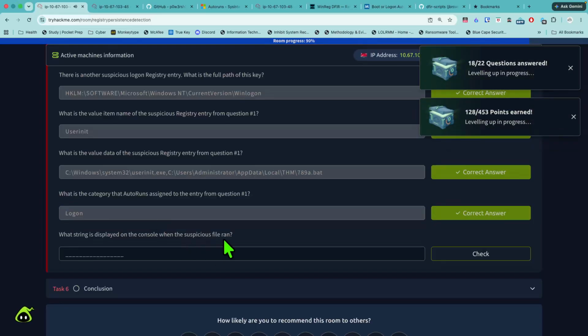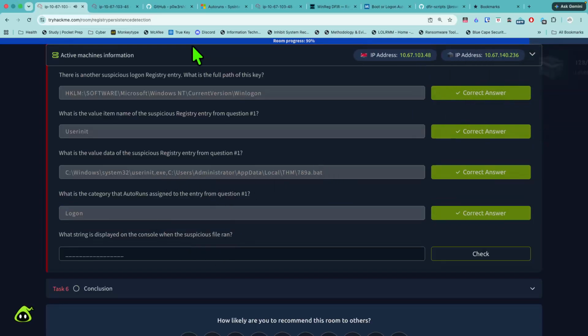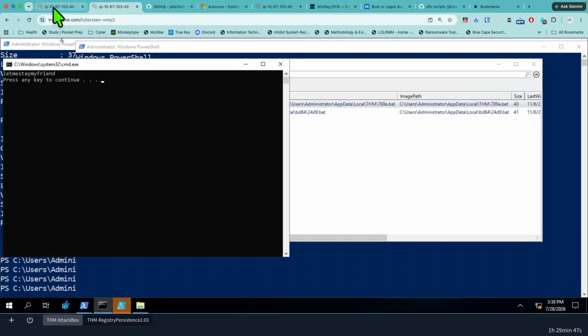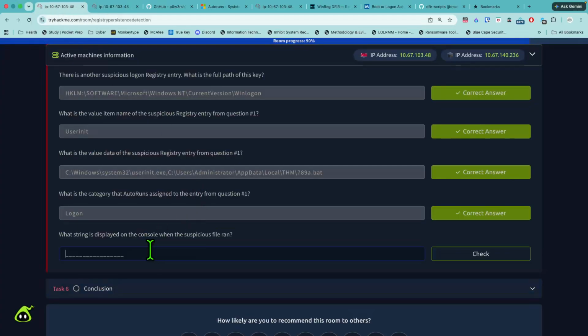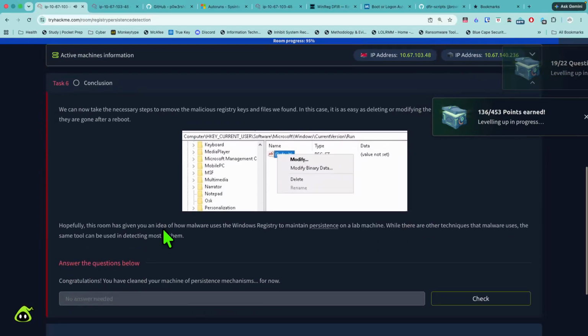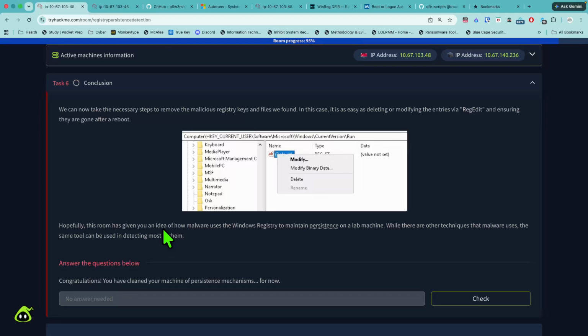And when the suspicious file is ran, what happens? I believe I have seen this guy. Let me stay, my friend. Okay. Let me stay my friend. Awesome. Alright, task 6, conclusion. We can now take the necessary steps to remove the malicious registry keys and files that were found. In this case, it is as easy as deleting or modifying the entries via regedit and ensuring they are gone after a reboot. So, we're going to go to